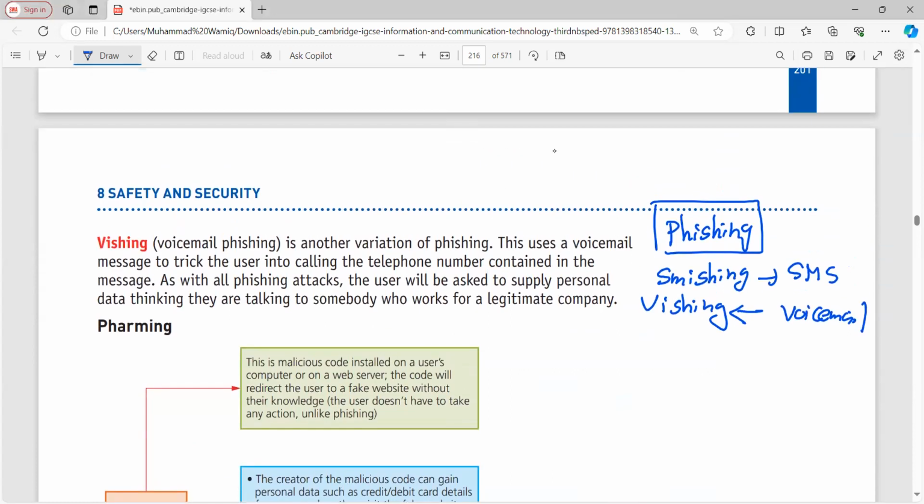Vishing works, for example, on WhatsApp: someone has sent you a voice note stating, congratulations, you have won $10,000 and to receive it, click here. For example, you received a call and they are stating that they are from a bank, pretending to be from the bank, and they are asking for your personal information. Another example is that someone called you, tried to ask for your details, stating that they are someone else. That's how it happens.